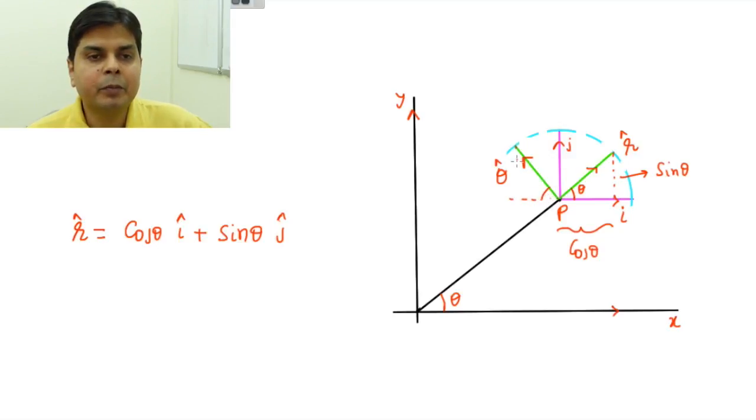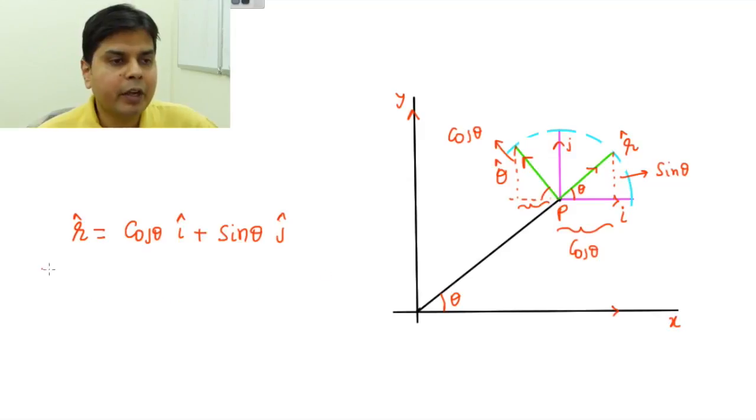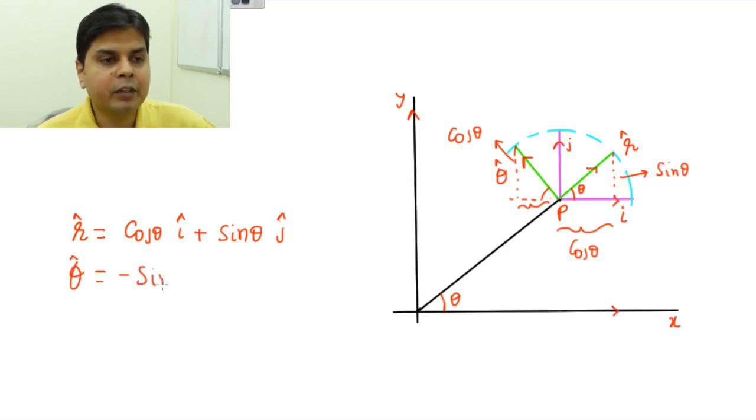So the length of this will be sine of 90 minus theta, that is cos theta, and obviously this will then become sin theta. And since this is going in the minus direction, I can write my theta cap as minus sin theta i plus cos theta